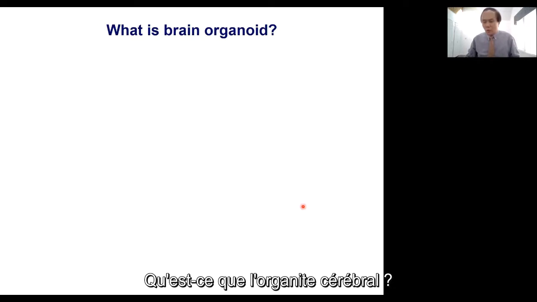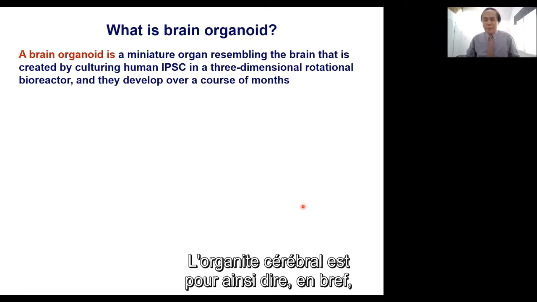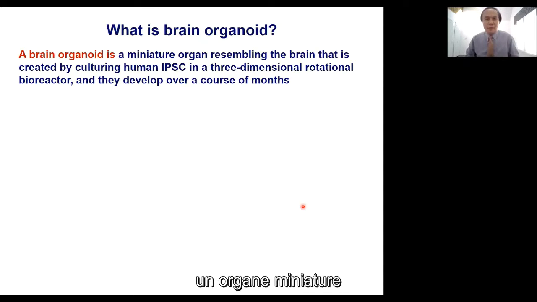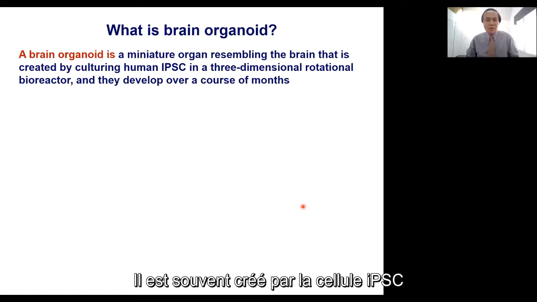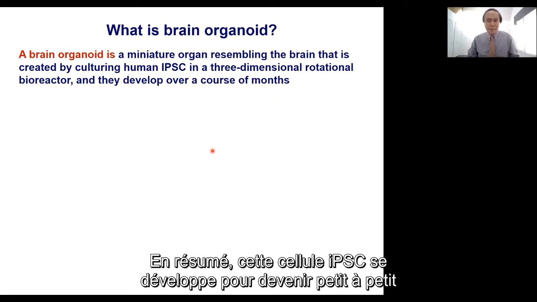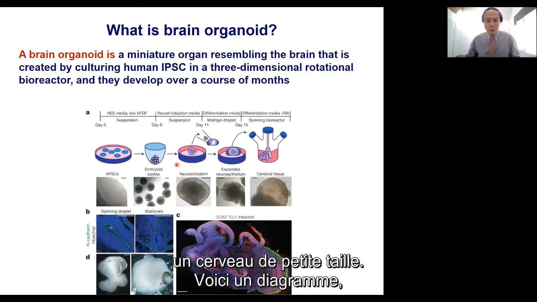And what is the brain organoid? Basically, in the short term, an easy understandable term, a kind of miniature organ resembling the human brain, that's created oftentimes from the iPSC cell in a three-dimensional bioreactor. That's a new laboratory apparatus. Then over several months, that iPS cell gradually grows into a small brain, which is in the diagram here,